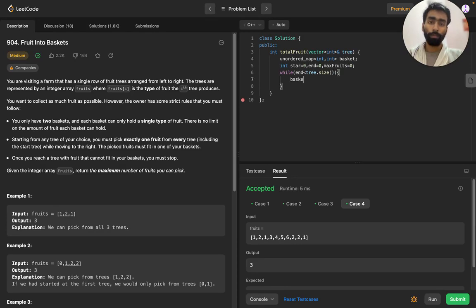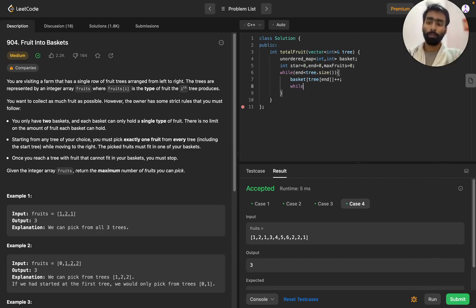So we will first add all the elements in the map. As we are incrementing the end pointer here, we only need to increment the end pointer to add every element in the map.